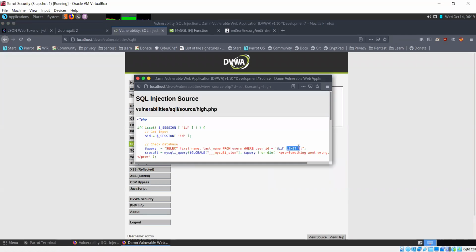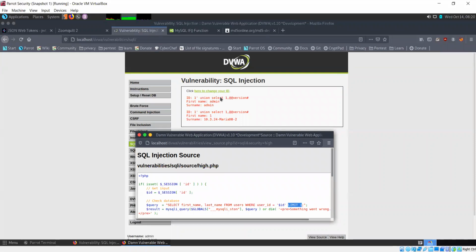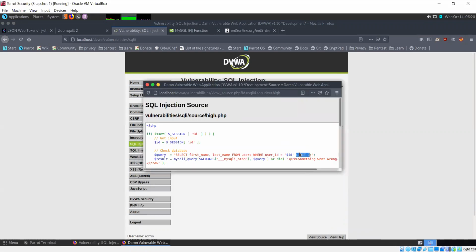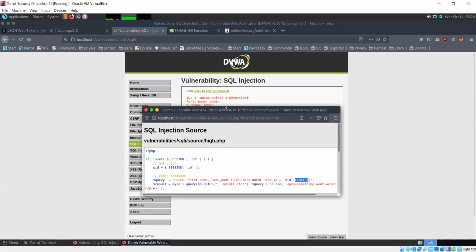Now this limit 1 tells our database server to only show one result, because that's the intended functionality, that it should only be showing the name corresponding to whatever user ID has been selected. So limit 1 makes sense in that situation.